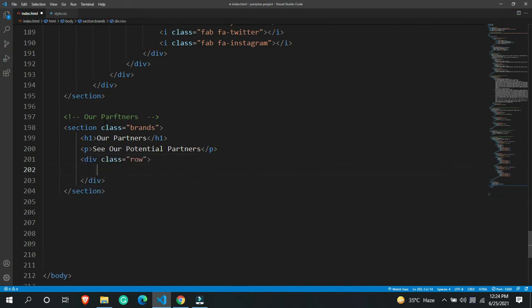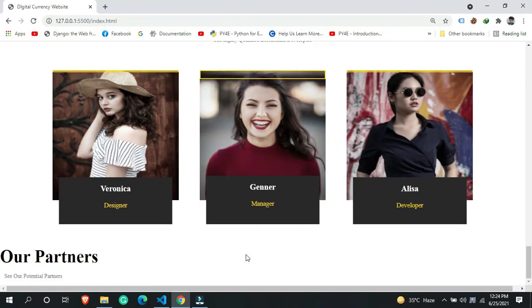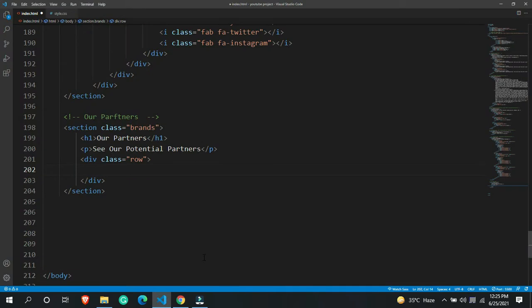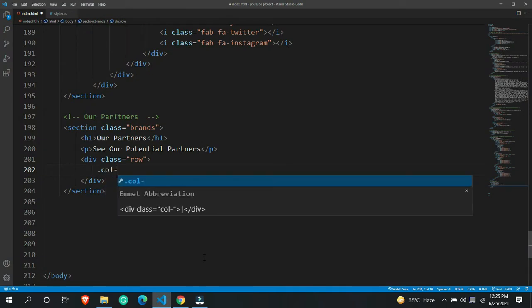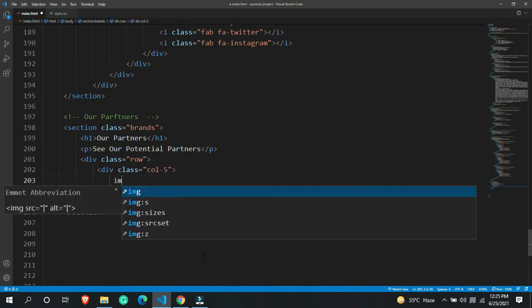Okay, then you can see what I wanted to achieve over here. Basically I want 4 to 5 logos just after this, and then I'm going to add a hover effect over there, and that's it. That was exactly what I wanted to do. So let's say I want 5 logos, so I'm going to say call 5, and inside this call 5 I'm going to add all the logos.